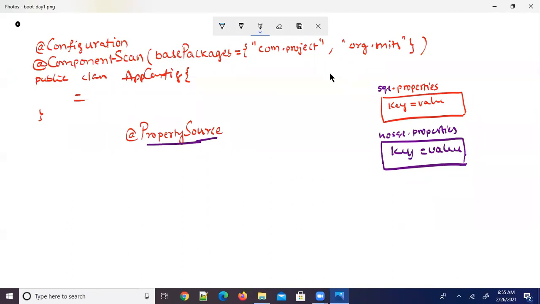Are you clear? I have two properties files here. Assume that I have written some properties in one file and some properties in the other file.